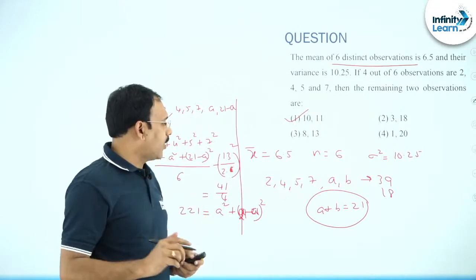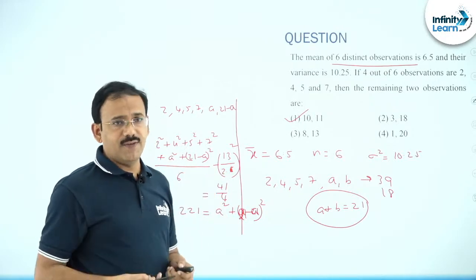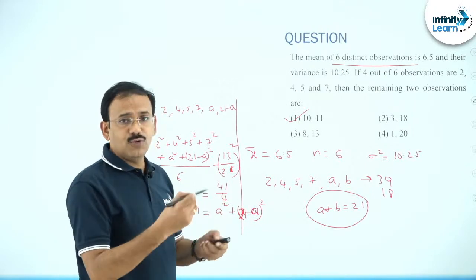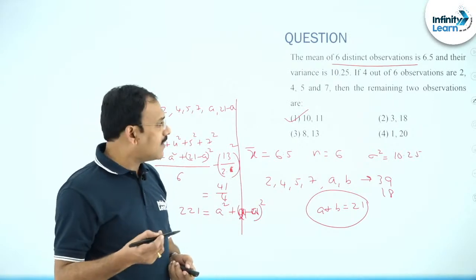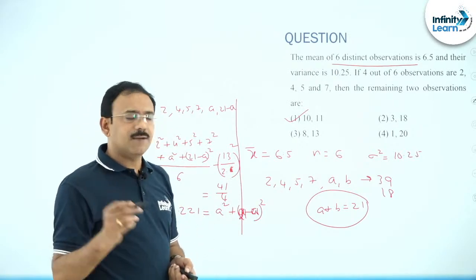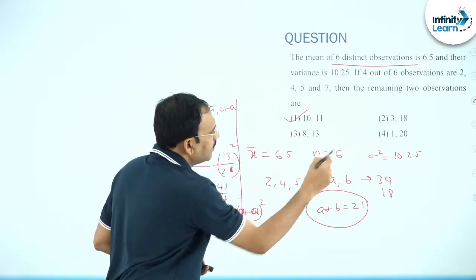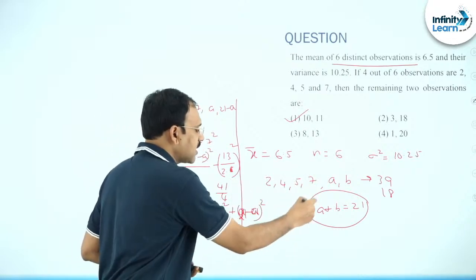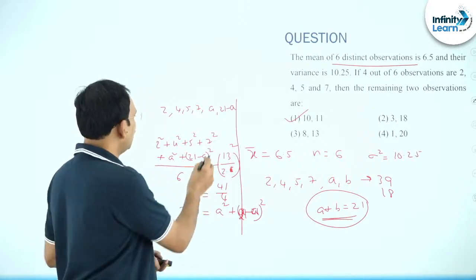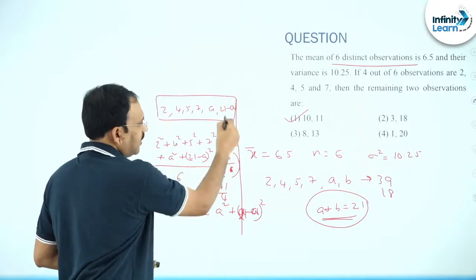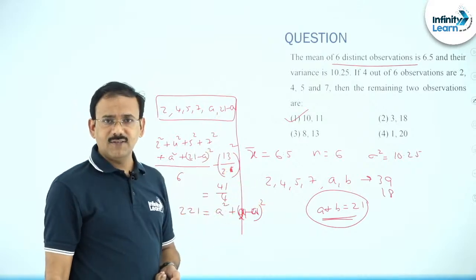And if you observe one point before this calculation, out of the 6 observations 4 are already given, other 2 you have to find, and the sum is given. So, after some calculation you got a plus b is 21. You see the options, in every option the sum is 21. If you observe that, you won't do this calculation and will come directly to the step a plus b is 21. You can reduce half of the time. You can come to this step directly without all these calculations, and here you can apply the variance formula, that is all.